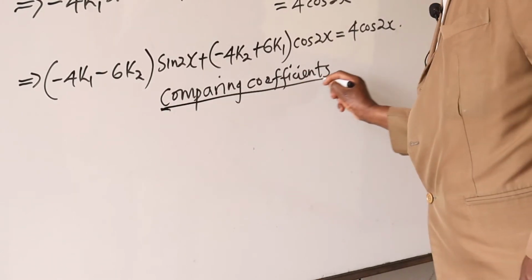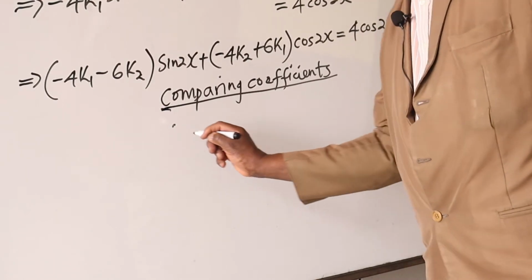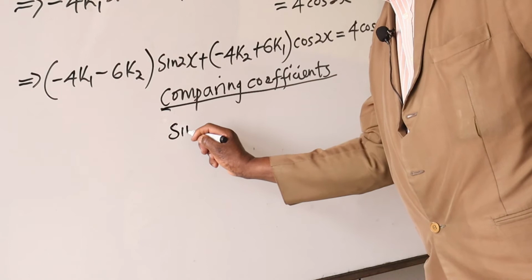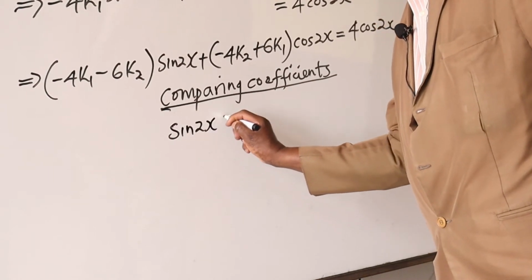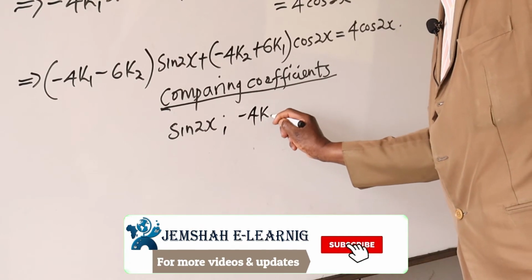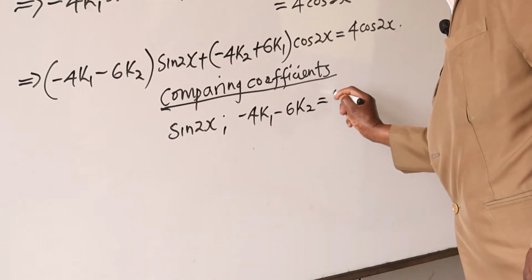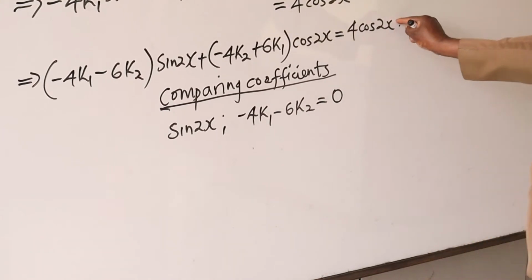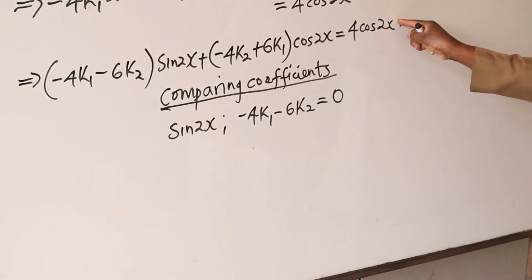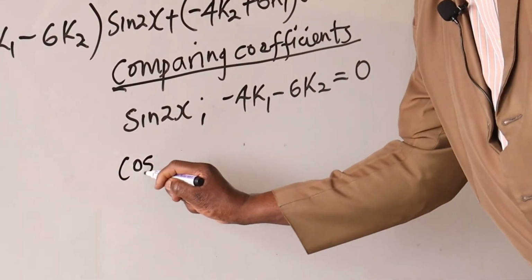Comparing coefficients, what do we have? Coefficients of sine 2x. We are getting minus 4k1 minus 6k2 is equal to 0. There is no sine 2x on the right hand side. For cos 2x,